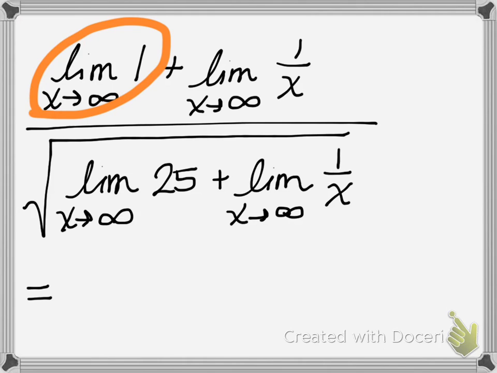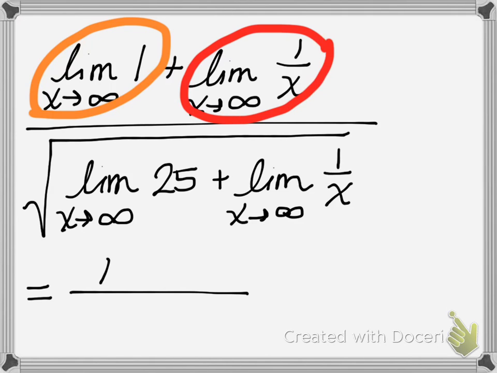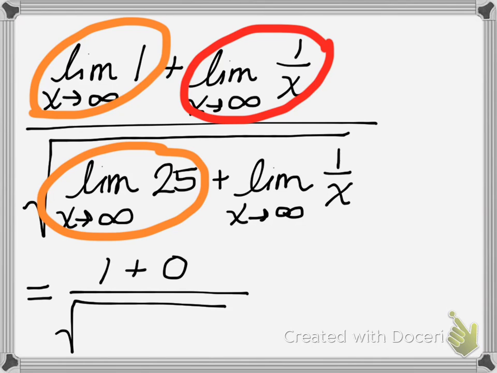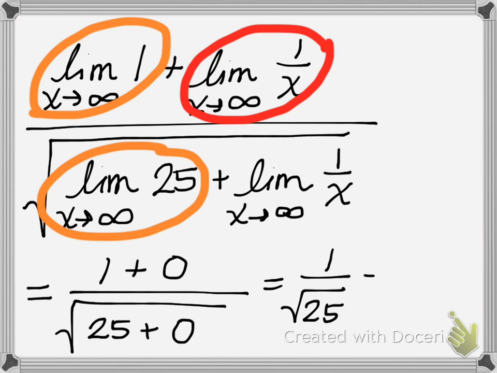So starting with the limit of 1 as x approaches infinity, that will just be 1. The limit of a constant is that constant. Then we have the familiar limit of 1 divided by x. So as the denominator becomes very large, 1 over x approaches 0. And then in the denominator, we have the square root of the limit of 25. So again, the limit of that constant will just be the constant, 25, plus another limit of 1 over x, which we previously said will be 0, as x approaches infinity. So 1 divided by this square root of 25 leaves us with a limit of 1/5